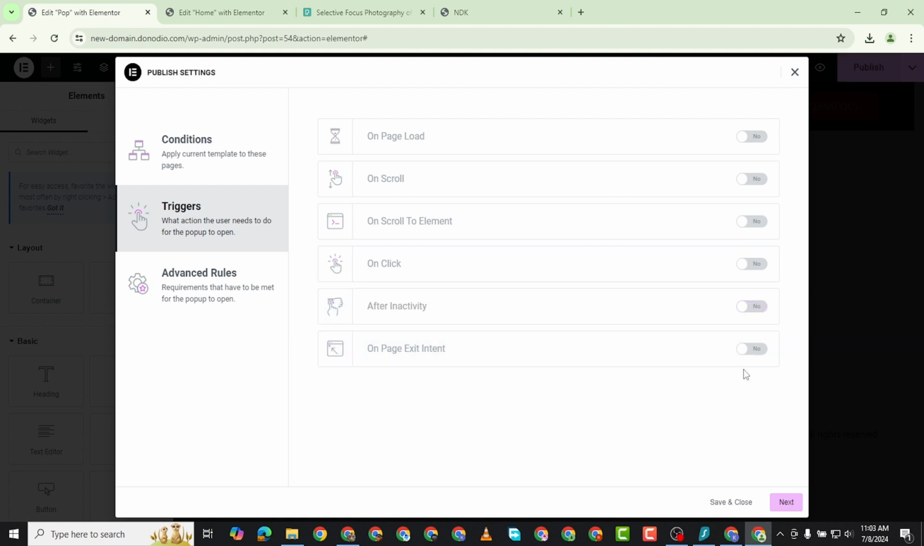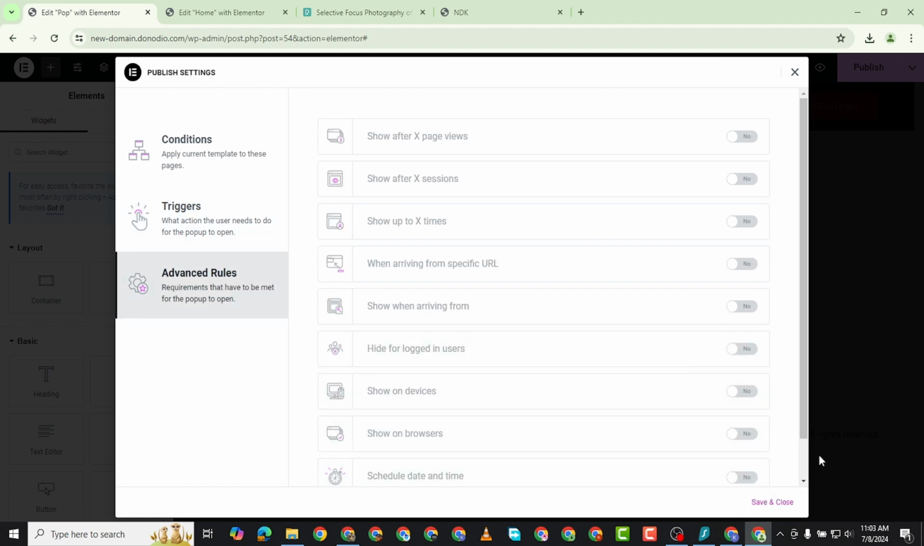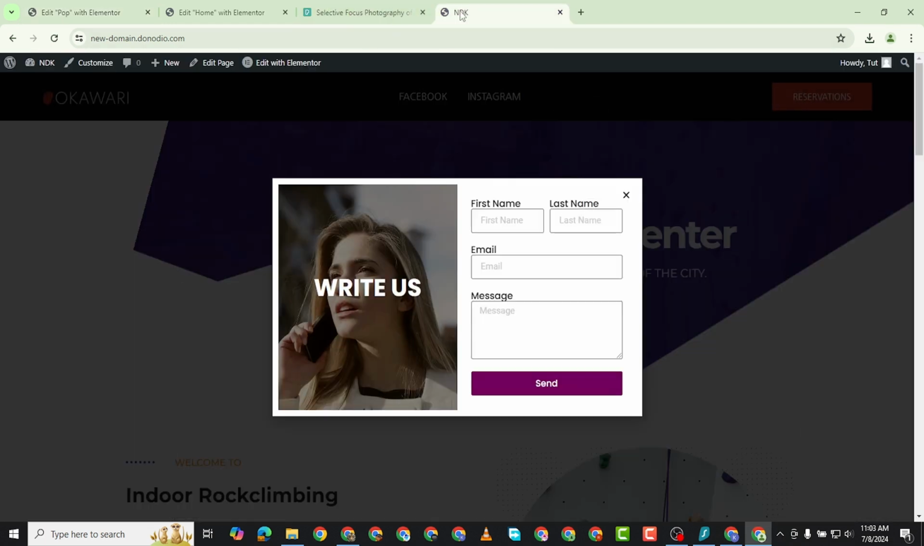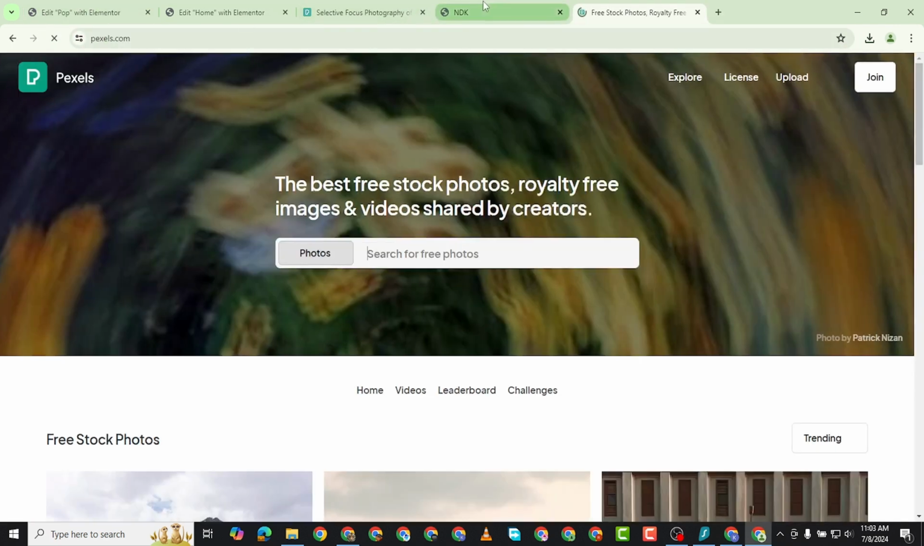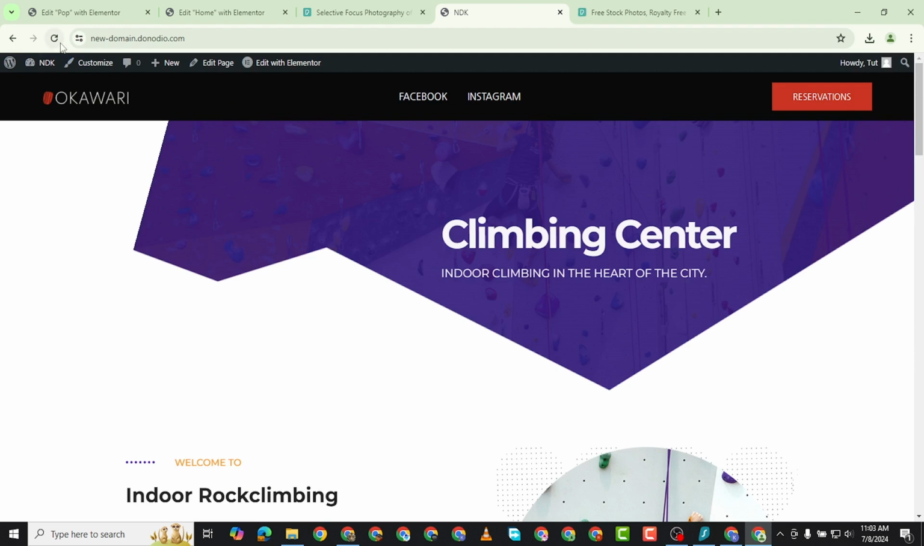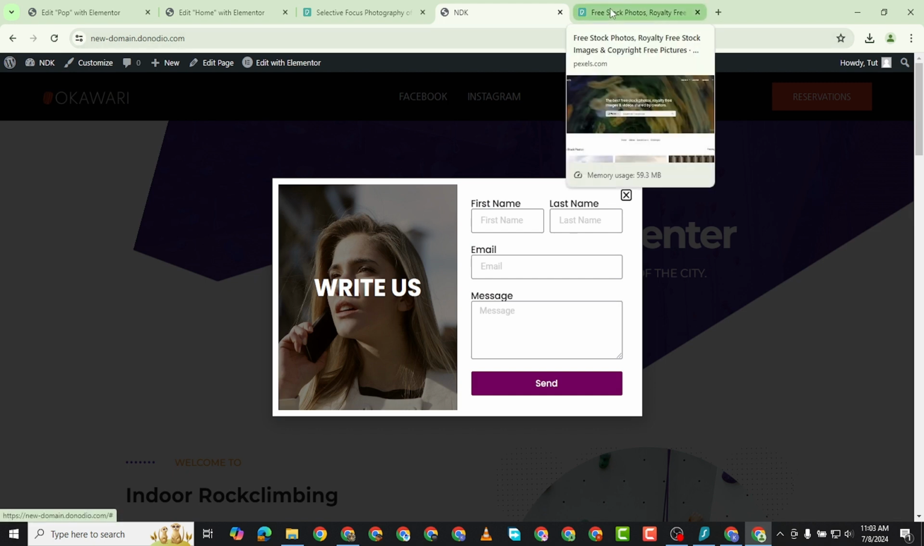And let's see on page exit intent. You must have seen this. The moment the website senses that I want to leave, it's going to trigger the pop-up. Let me just open another website here. So let me reload this page. So the moment I bring my cursor here to exit this website,